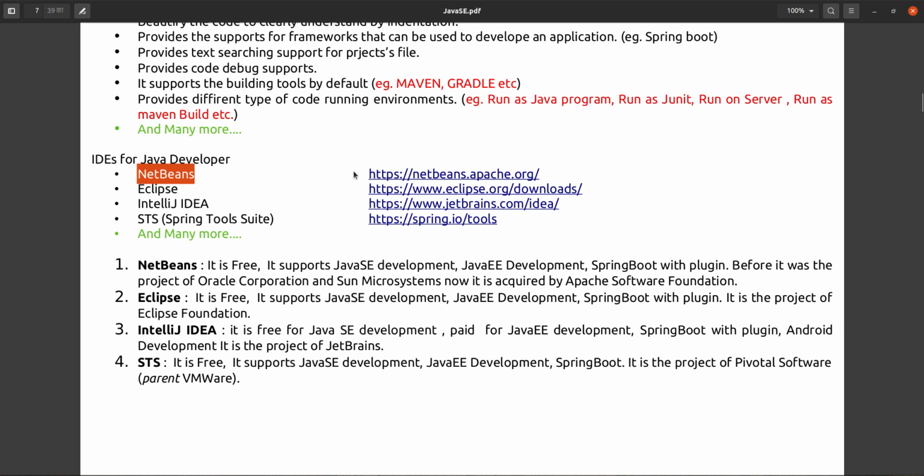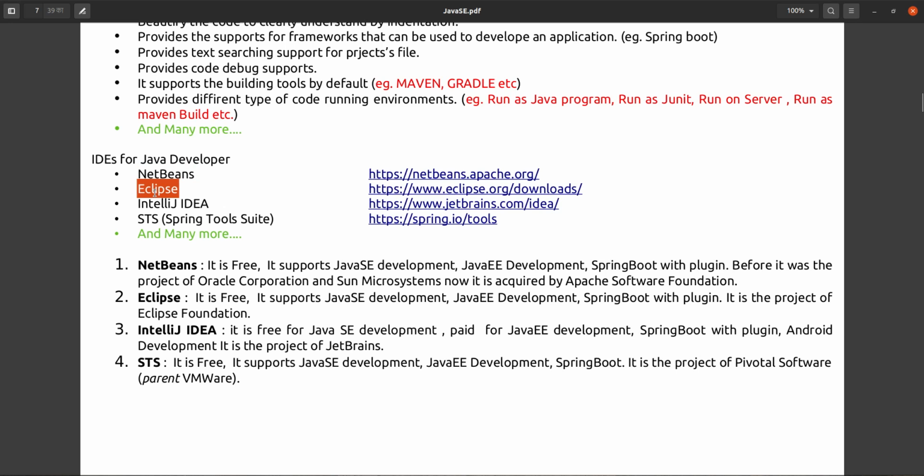Standard edition means using the standard edition you can develop only the standalone application, only the desktop application, with the help of any IDE, because this feature is free for all the IDEs, even NetBeans, Eclipse, IntelliJ, Spring, anything. But if you want to develop any web application, then you can use NetBeans, no issue.